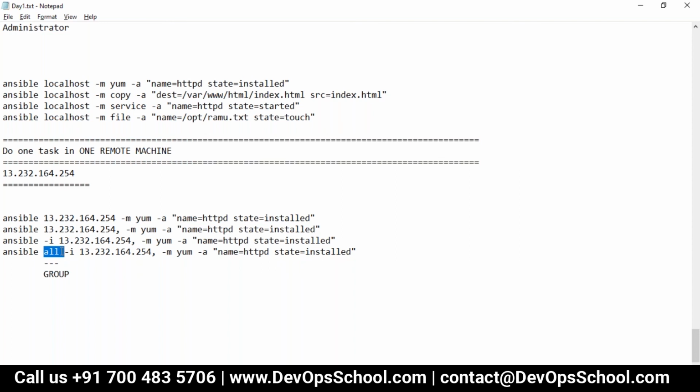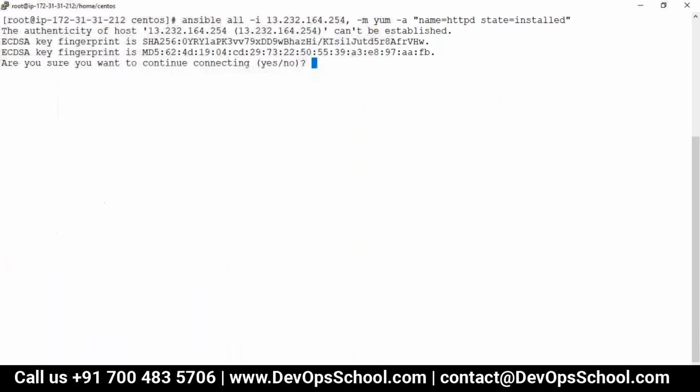But for the time being, when you use an inventory list of IP addresses, you must specify all or the custom group. Right now, I do not have a custom group. I have not created any group, so I use the built-in group, meaning all of the inventory of that list. Guys, but there is an error. Not error, something like that. What is this?